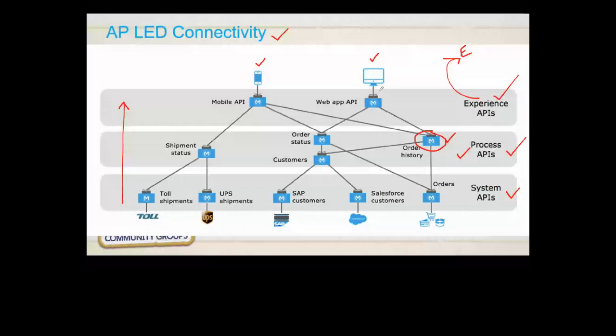The user will still be able to see the old experience that they had. And once it is changed, the experience API developer can go ahead and make their changes, and then again the UI is updated based on what the user is seeing. Now here, if you see system APIs, basically we have got Salesforce, we've got SAP, we've got UPS shipments, some other shipments, and then some other databases. It can be AWS, or orders can be some sort of systems.